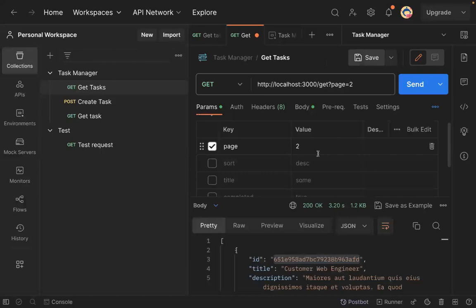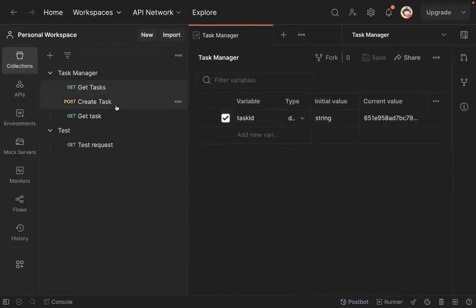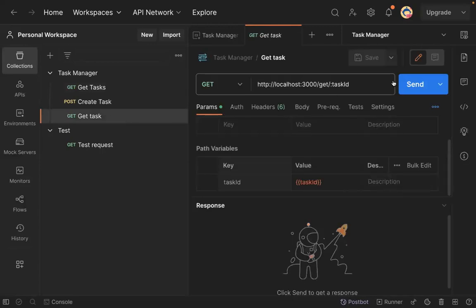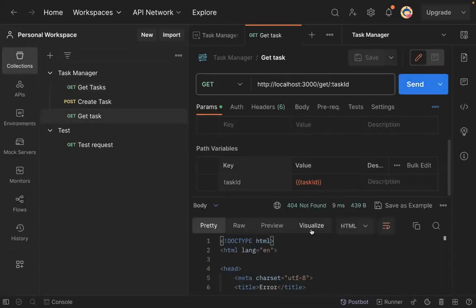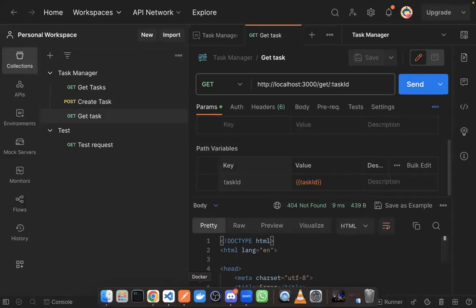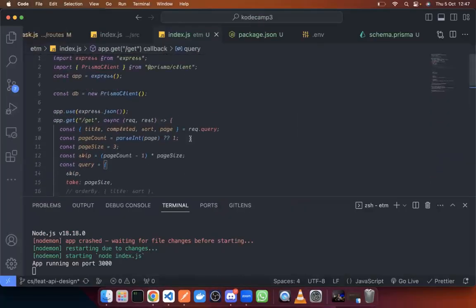Okay, so in our GET request, we'll save this. Sorry, let's do this. Let's come to our get task. Then let's make a request. Okay. We don't have this route handled in our application. So what we want to do is,